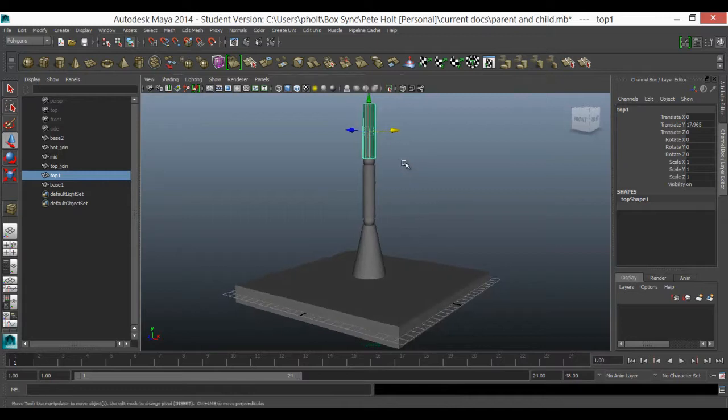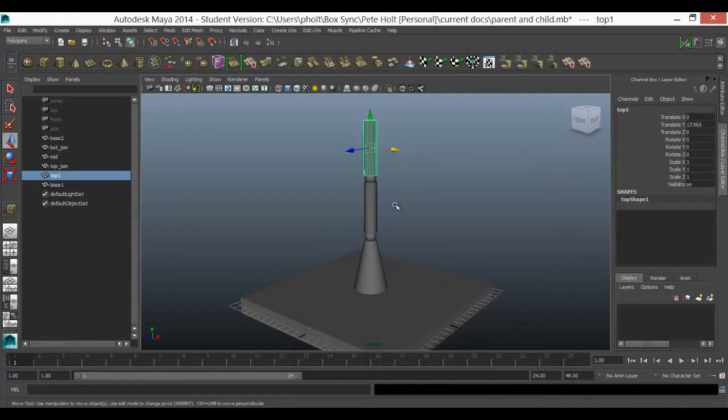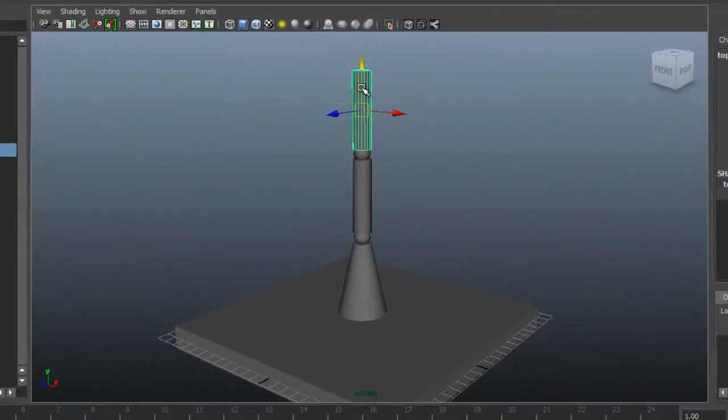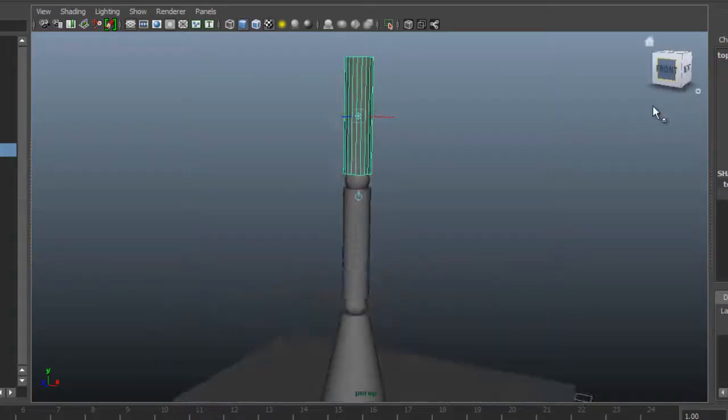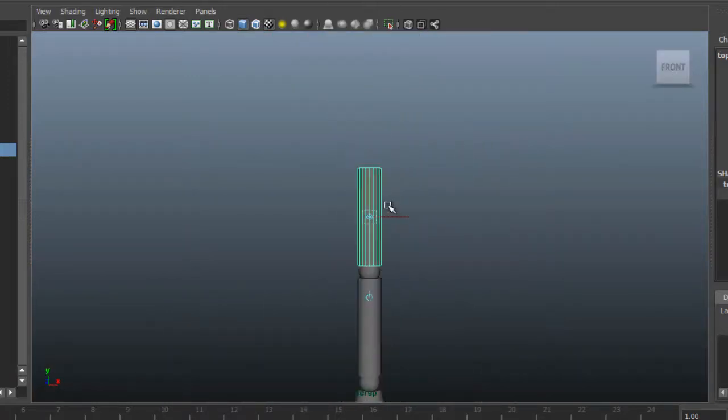So I suppose the first thing to learn is how to move a pivot point, and if you find insert on your keyboard, you will switch between the normal manipulator and the pivot point moving manipulator. I'm just going to go to front view so that I can see clearly where I'm putting this. So I'm going to go to insert and I'm going to move that down just using that arrow, and again I'm going to do the next one, insert, move that down and press insert again to go back,